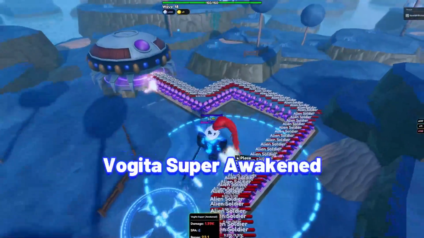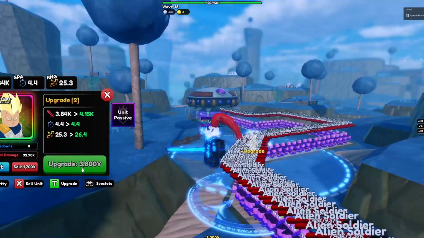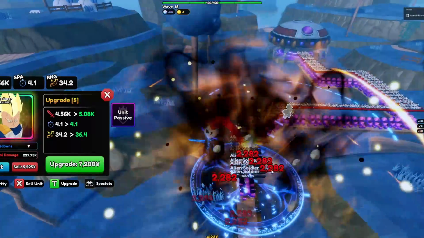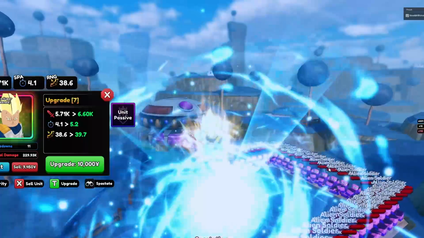Okay, next unit is Vegeta Super Awakened. Vegeta is one of the best mythical units, especially with his multi-hit on placement, which will be great against shield enemies. Vegeta Super Awakened's stats at max upgrade and max Alard,